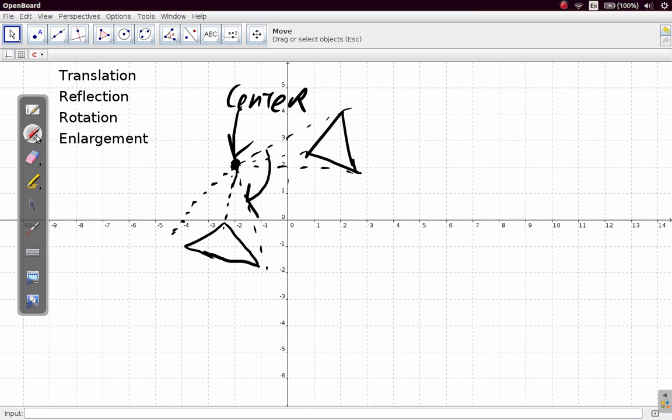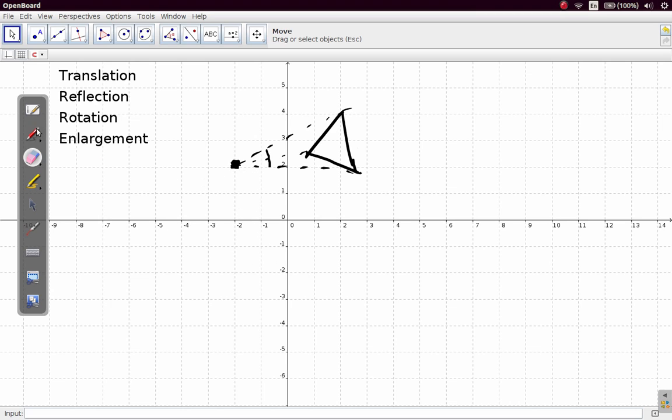Then there's the enlargement. Suppose I erase some of what I wrote here, and this point is the center of enlargement and the scale factor is 2. It means you would extend these lines. They may be broken lines, they may be solid lines that are of a different color or thickness, just for construction purposes. And if the scale factor is 2, it means the distance from the center to the vertex on the image is twice that of the object from the center of enlargement. So you have a larger triangle. All right,